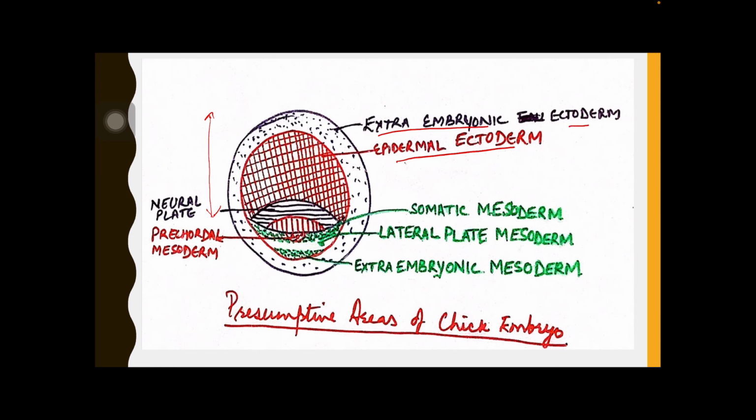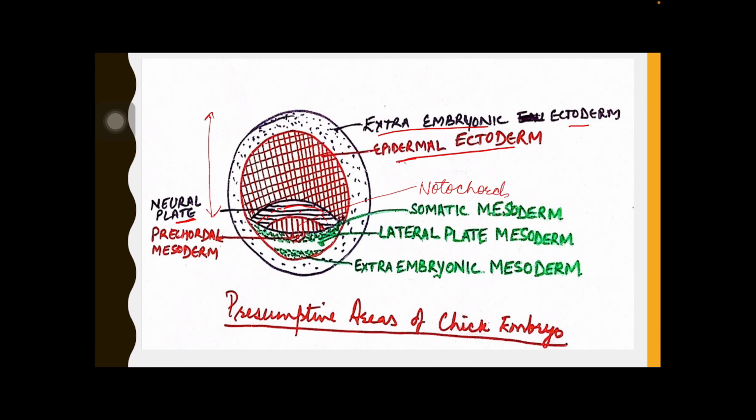Now ectoderm से कौन से parts develop होते हैं, right? हमारा जो exoskeleton है, that develops from the ectoderm. Nervous system also develops from the ectoderm. So this is the presumptive ectoderm. It is followed by the crescentic area. This crescentic area, right? It is the prospective neural plate which will develop into the central nervous system. Then this neural plate is followed by the prospective notochord, right? So this area is the notochord. This is the prospective notochord,